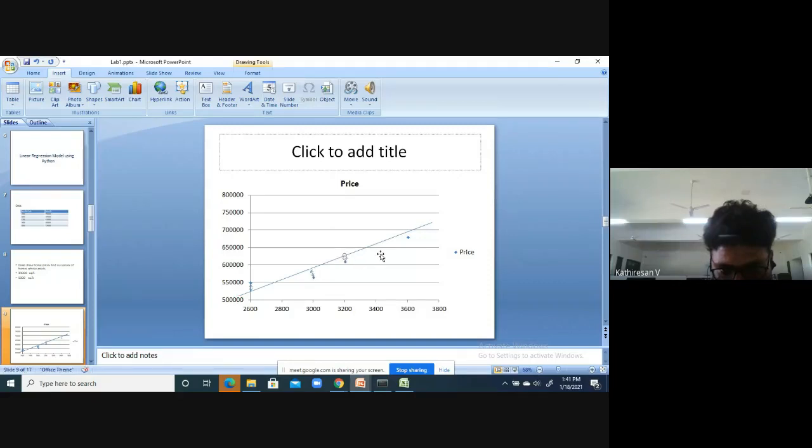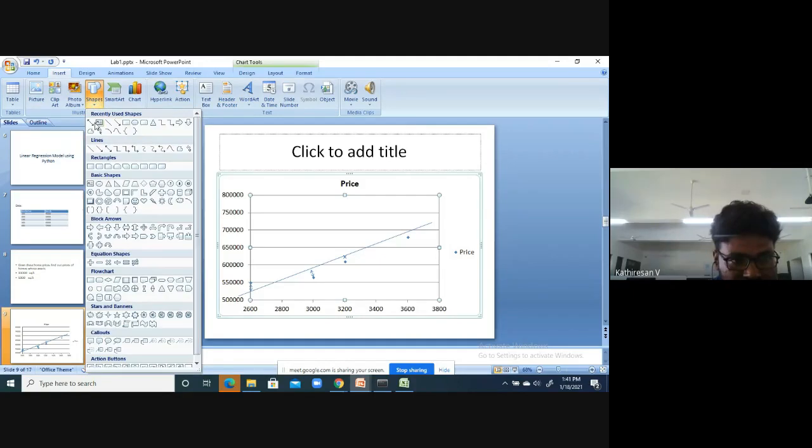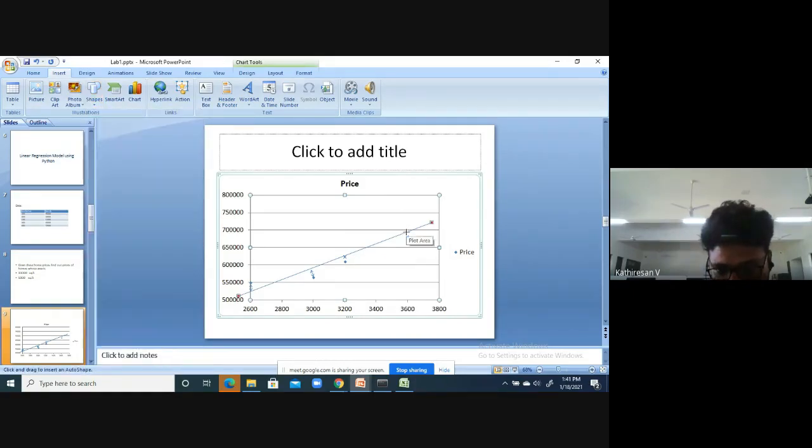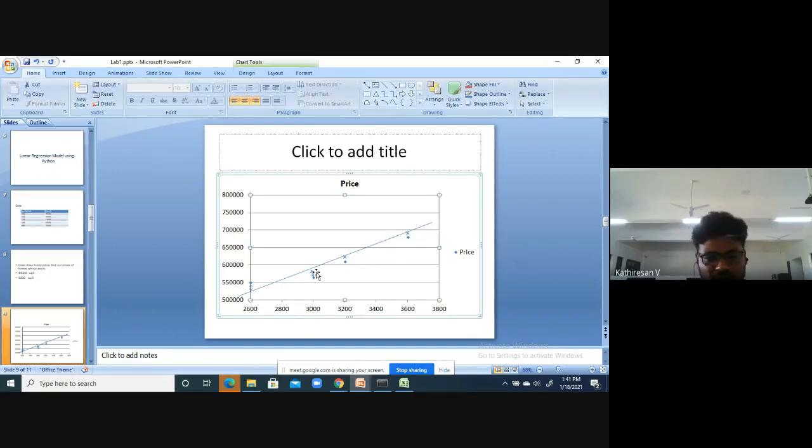In real time, you can't draw exactly. See, this is the gap. Okay, so you have to identify this distance. This is nothing but an error.